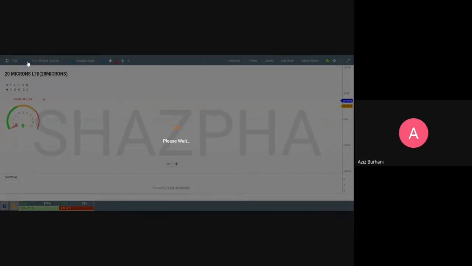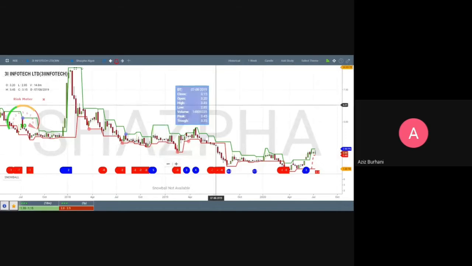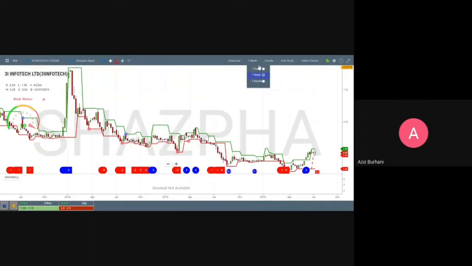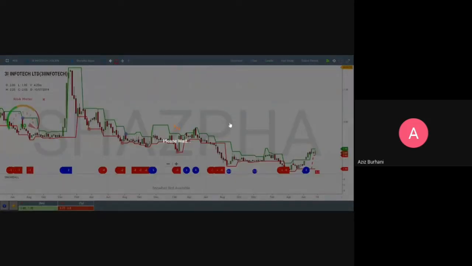Now you can change from 1 week to 1 day, so it will become a daily chart. You can change to a month. You can change from a candle to a bar chart.